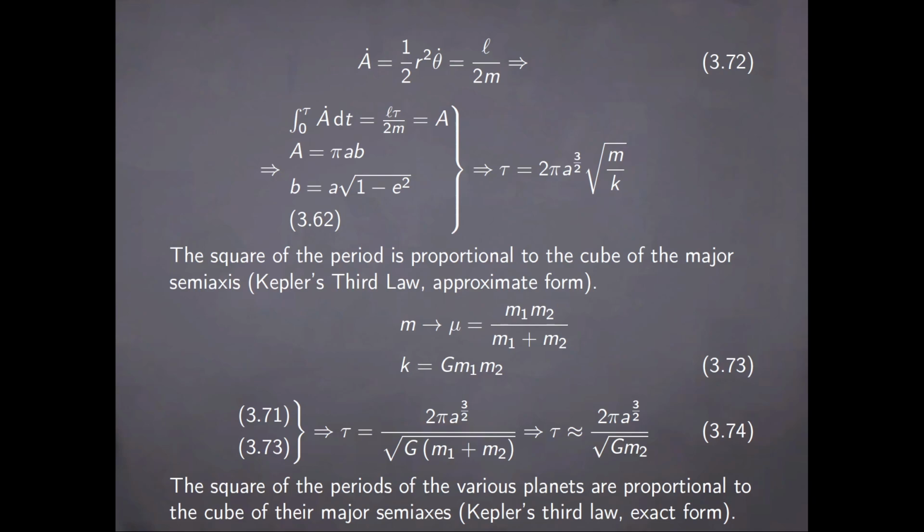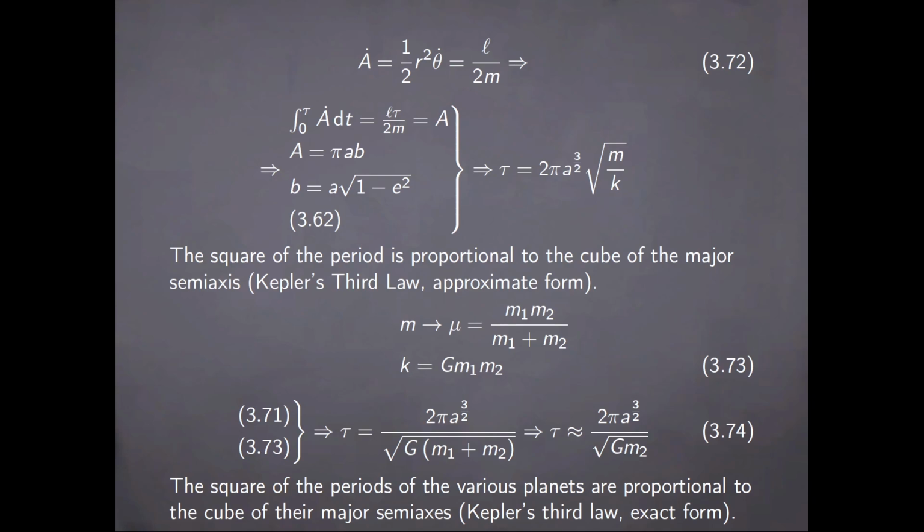To obtain the exact form, we need to remember that the mass of the particle being discussed here is in fact the reduced mass of a two-body system, and that the force constant itself is given by the product between the masses of the two bodies and Newton's gravitational constant. Then, using the result 371 together with 373, we obtain the exact form of the period given here, which is approximately equal with